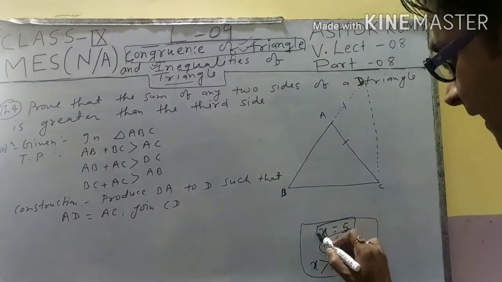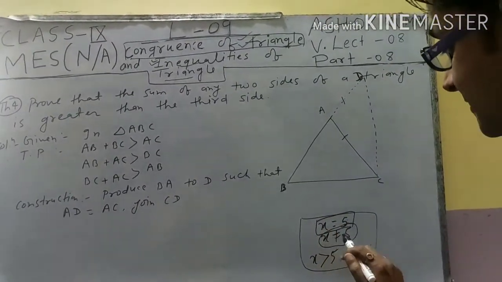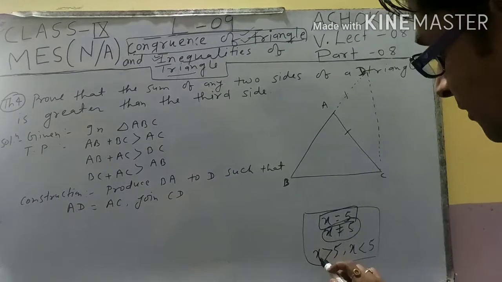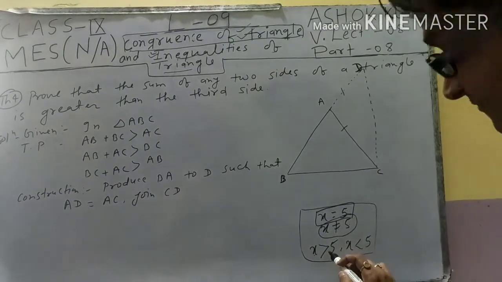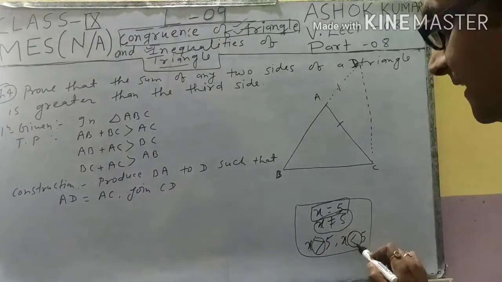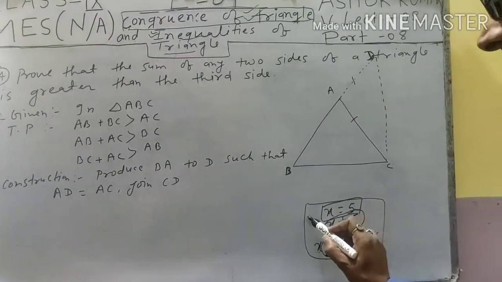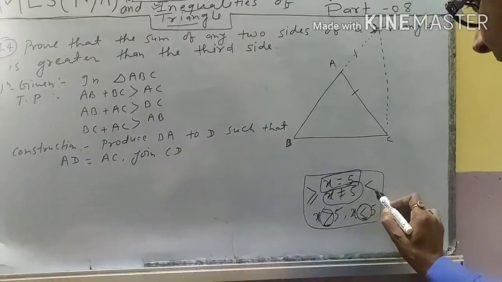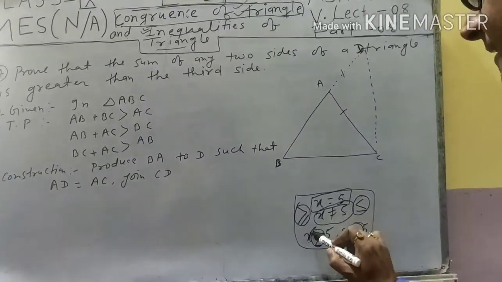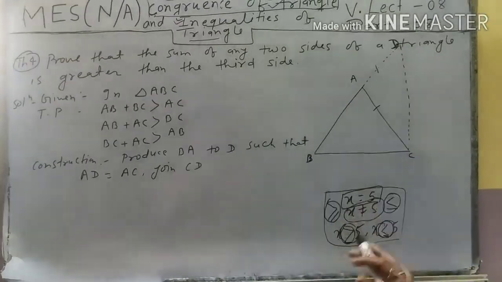Here x is equal to 5, this is the absolutely defined value, because the value of x is 5. But here x is not equal to 5. That means x has some other value except 5. So we can write here x is greater than 5, or x is less than 5. This sign is called inequality. This is called greater than, this is called less than. One more sign here: greater than or equal to, and less than or equal to. So these four symbols are called inequalities of any equation. Okay, students, this is the basic idea of inequalities.